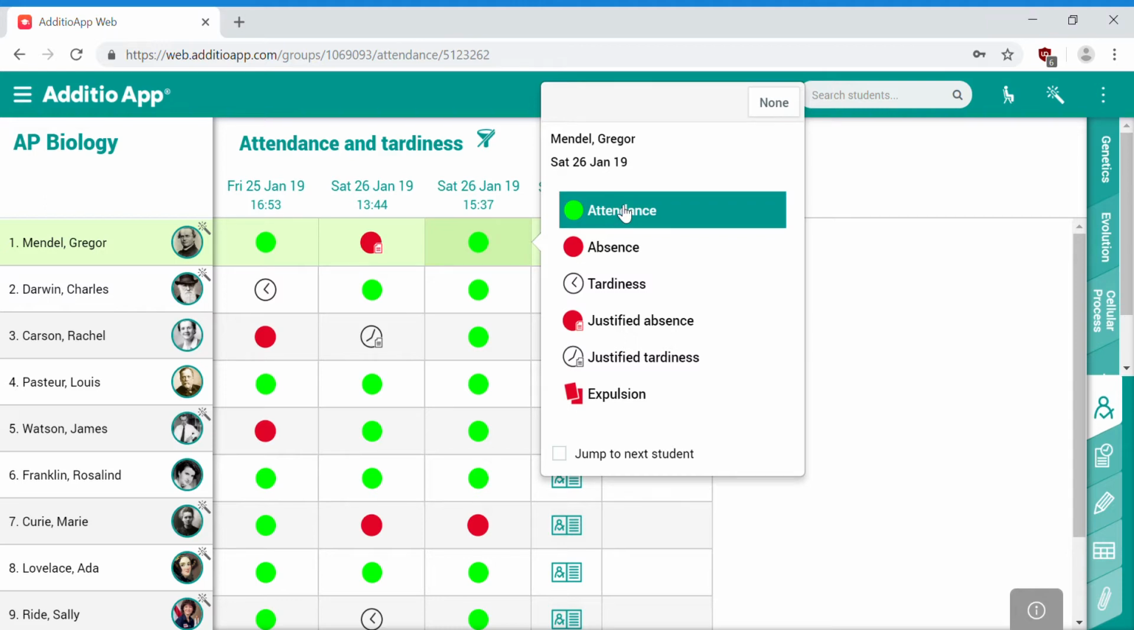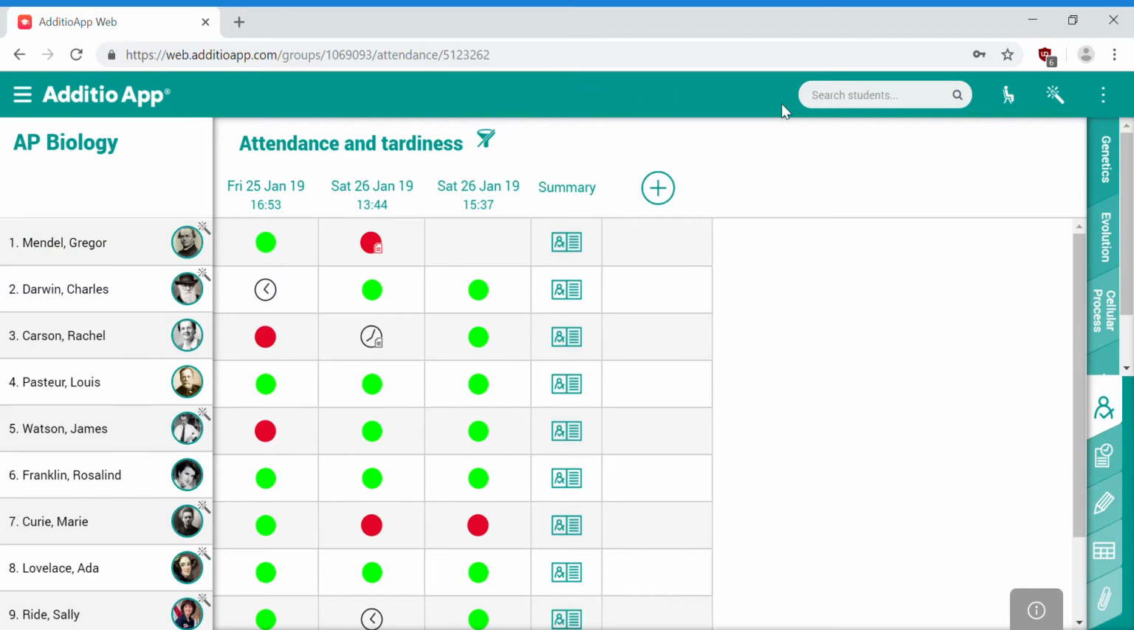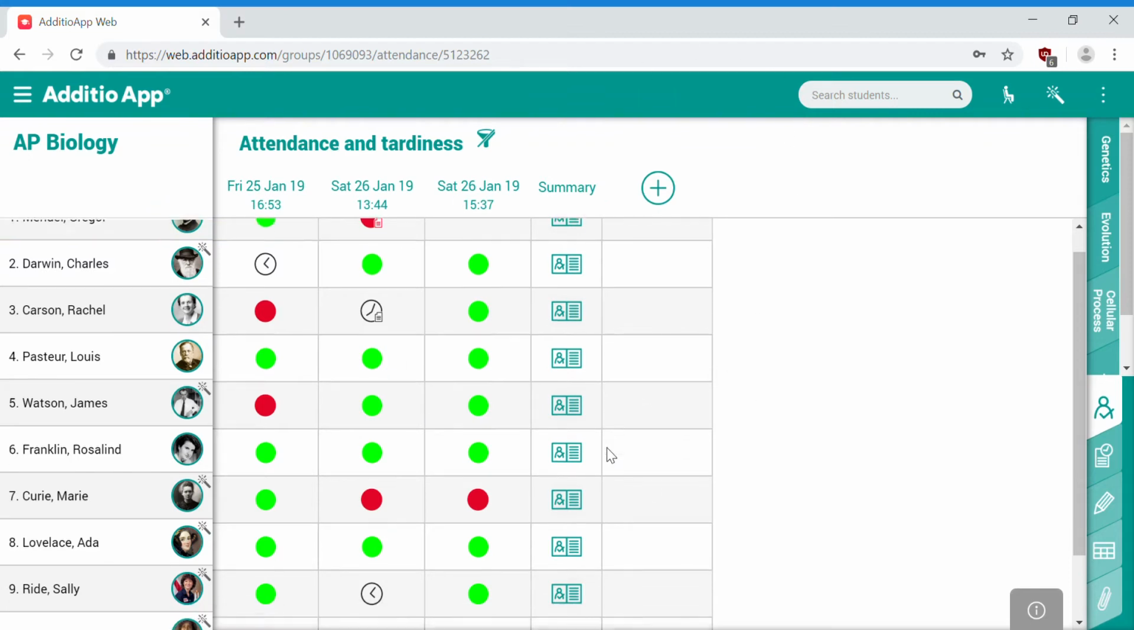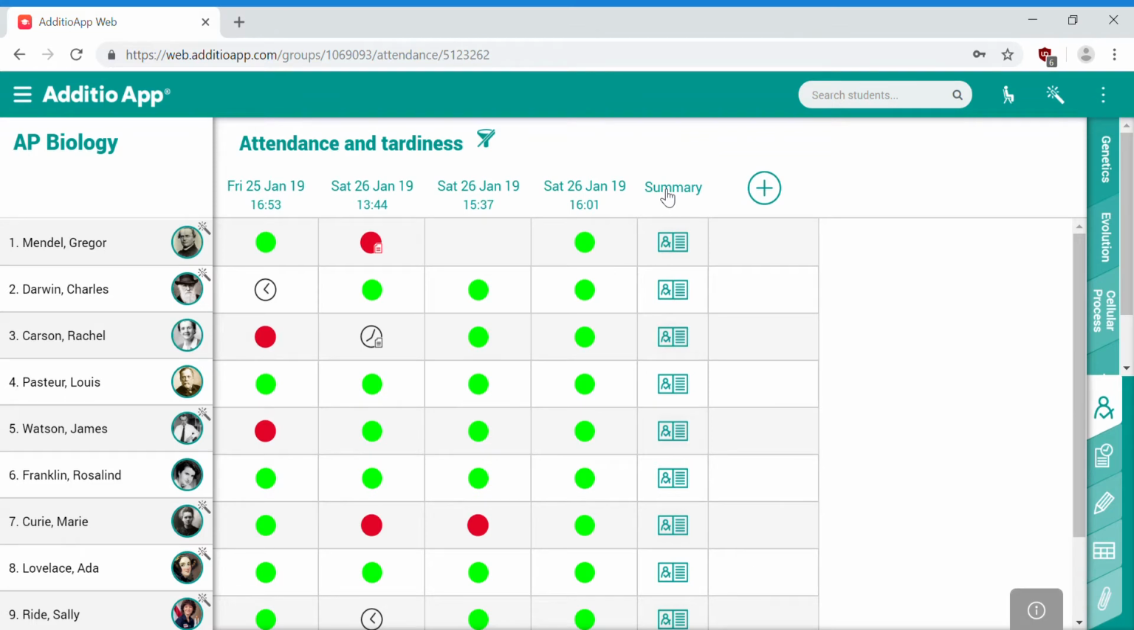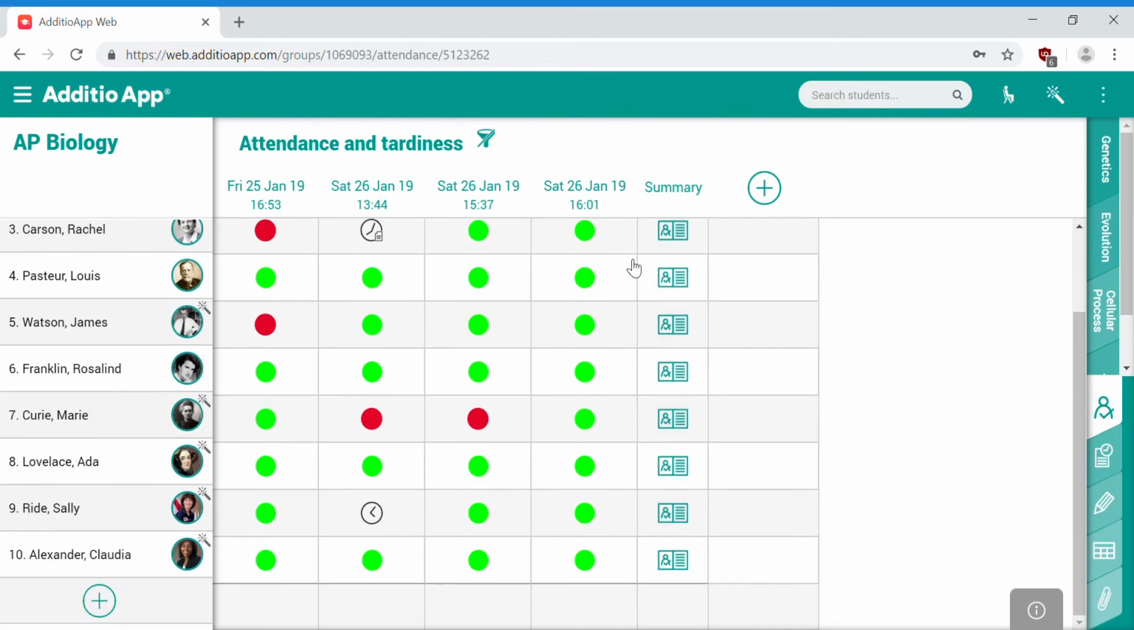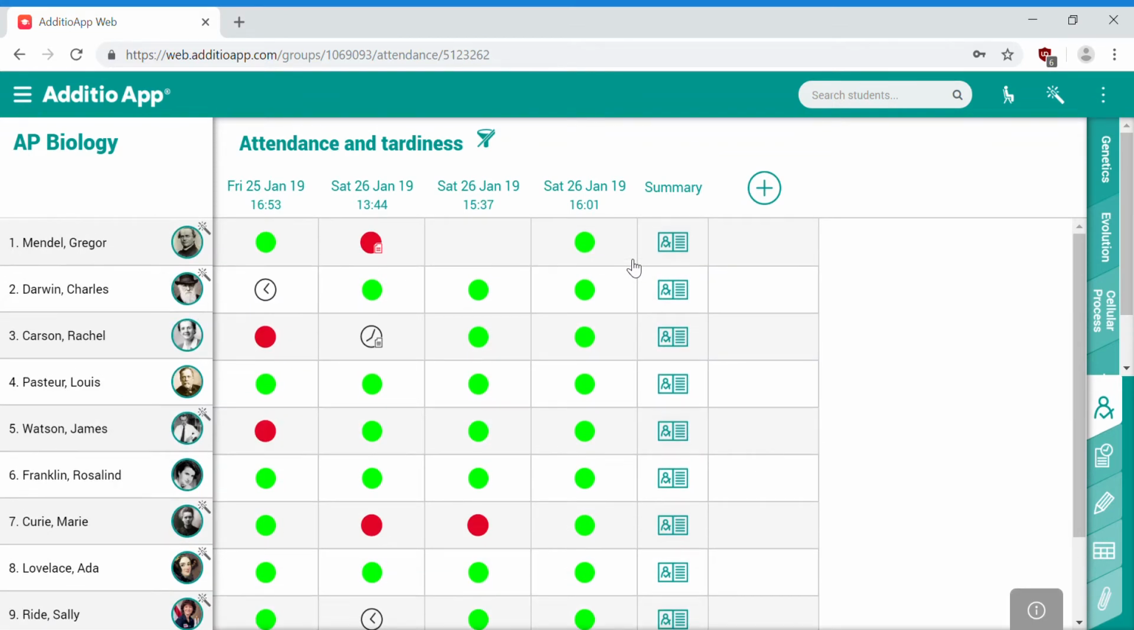I can show that they were here, absent, tardy, a justified absence, a justified tardiness, or an expulsion. So you can change it at any time, and you can just add a day. Every day I come in and I need to add a new day. So I click the plus sign, and I have it set to a default that says every student is here unless I say otherwise,